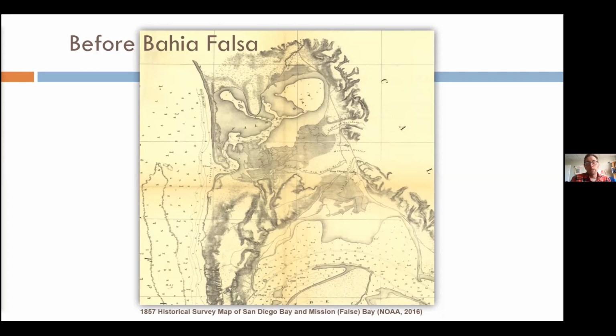The backdrop for it, as is important to a lot of the work we need to do to mitigate and adapt to the climate crisis, is that Mission Bay looks totally different than it used to. It's been changed. It feels like a long time for one human life, but really in the 1940s and 1950s, even into the 60s, it was pretty drastically changed, as has been a lot of our state coastline, and a lot of the tidal wetland and mudflat habitat throughout the world in recent decades.